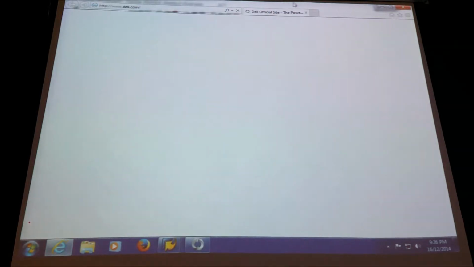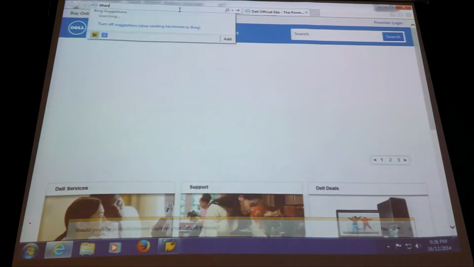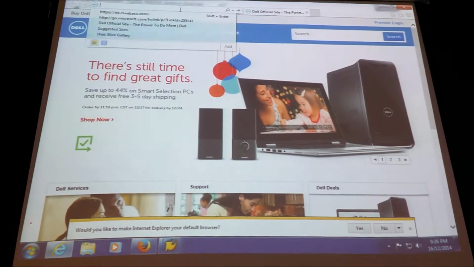Change what? Display what? Display or change. So I created this. Display name is